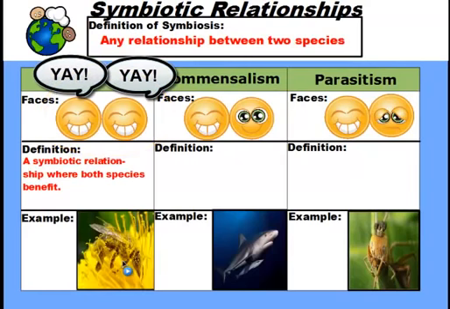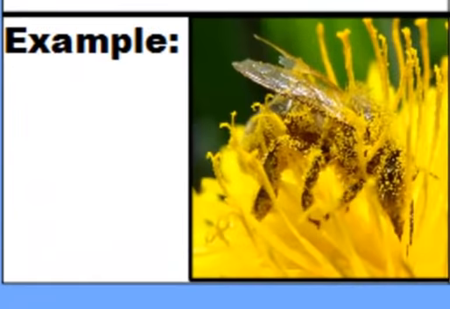And one example includes the bees and flowers. If you take a look at this picture here, you'll notice that this bee is crawling around on the flower and it's getting covered in pollen. So as we know, bees always look to flowers to find nectar so they can make their honey and make food. The food is being supplied to the bee by the flower, so that's how the bee benefits, it's getting food.